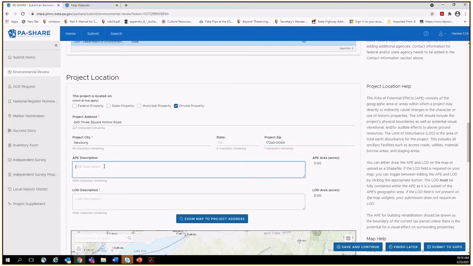So APE, this is the area of potential effect. That's the geographic area, or it could be areas in which a project might directly or indirectly cause changes to the character of a historic property. So the area of potential effect is usually focused on above ground resources. So we know that